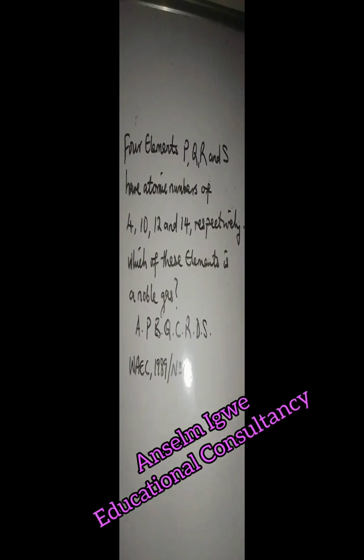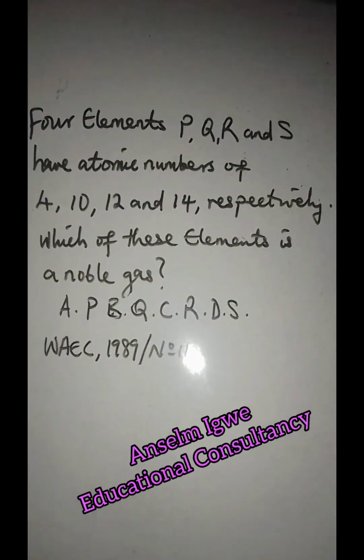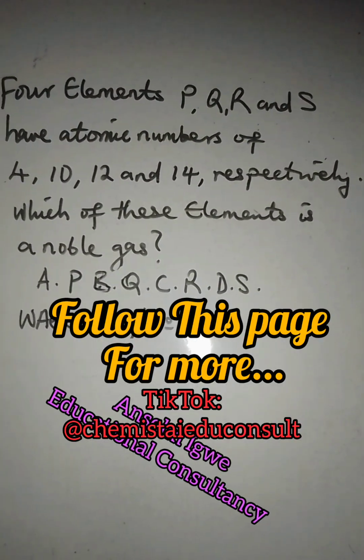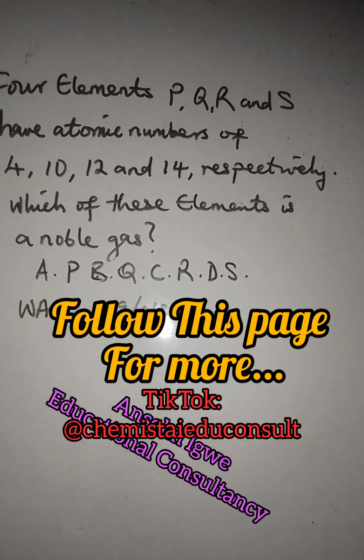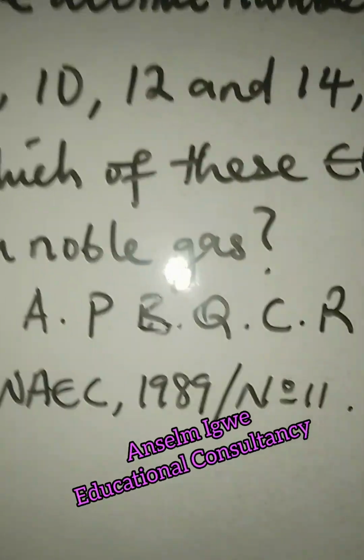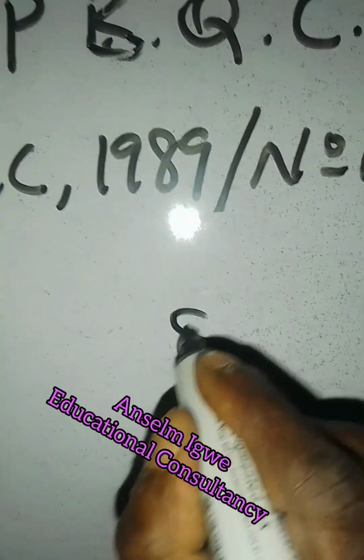Four elements P, Q, R, and S have atomic numbers of 4, 10, 12, and 14 respectively. Which of these elements is a noble gas? WAEC 1989, number 11. Noble gases are elements in group 8, group